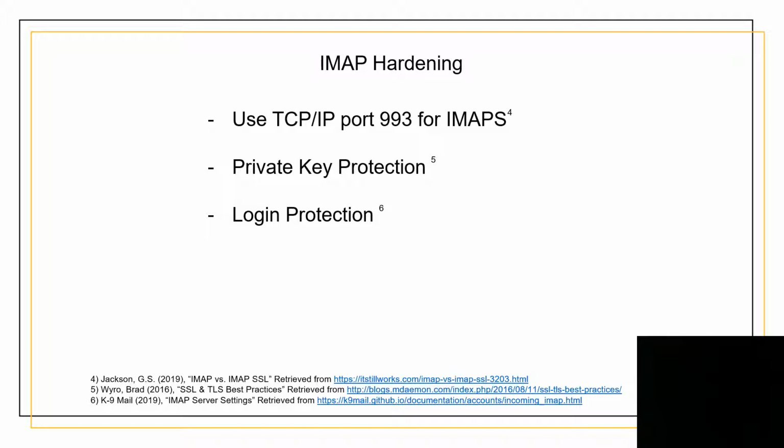So continuing on, we can harden IMAP with the following ways: using the TCP/IP port 993 to use the secure socket layer or transport secure layer certificate authentication to secure the protocol. When using the SSL TLS connection, be sure to encrypt the password file of the private key